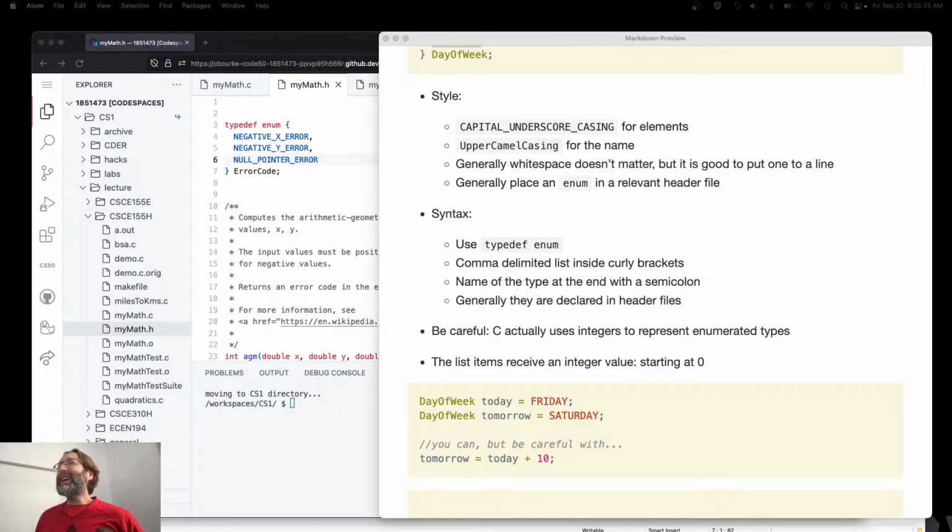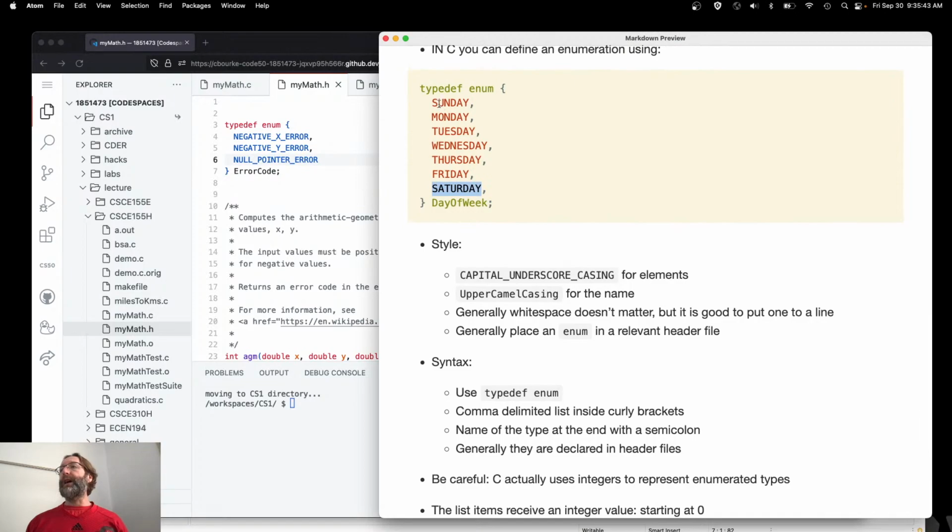Now, if I treat these as dates, that kind of makes sense, because 10 days from now is October 9th or whatever it is, right? But these aren't dates. These are just enumerated types. So today, Friday, is again, what was it, 5? Right? Plus 10, 15. Do you see a value that probably has a value of 15 in this list? Nope. But C allows you to do this with no warnings whatsoever because of how it actually works under the